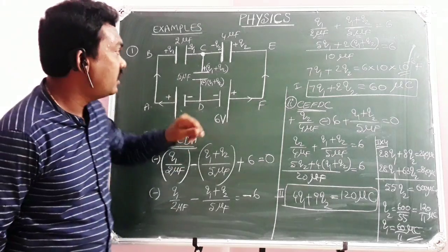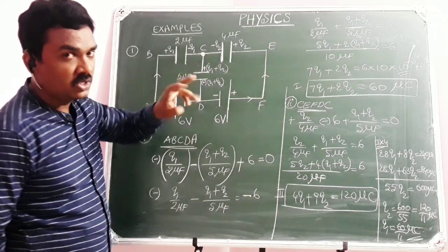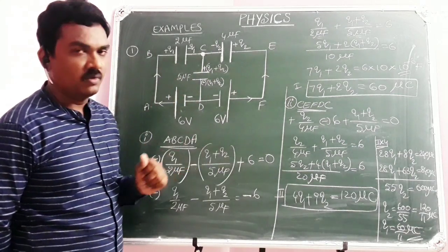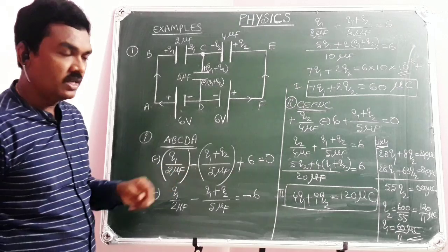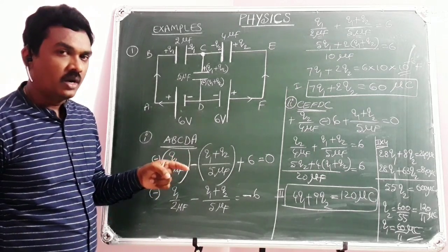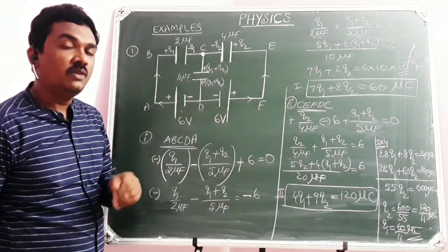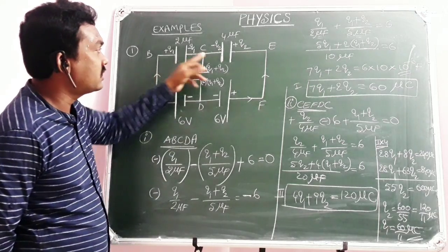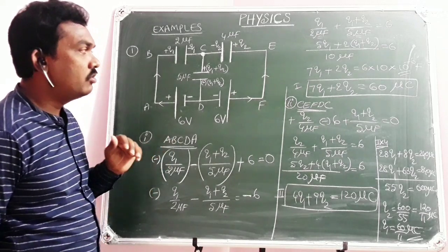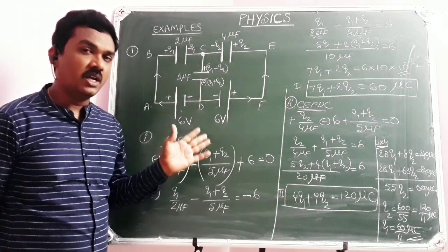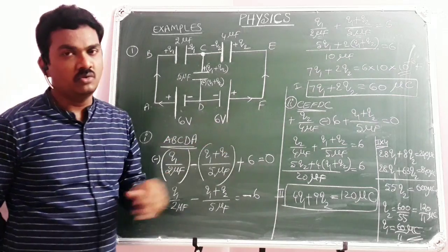And you can check finally the sum of all the charges on the plates meeting at a junction should be 0, Kirchhoff junction law. So Q1, Q2, once you got, you can calculate the charge on 5 microfarad, write the conclusions. Don't leave it there itself. You have got Q1 and Q2 and calculate charge on the capacitor 5 microfarad also, which is Q1 plus Q2. Later, if you wish to calculate, you can calculate a potential difference across every capacitor because Q is equal to C into V. So this is how Kirchhoff laws, both junction law and KVL, voltage law or loop law, we were able to apply in this solution.